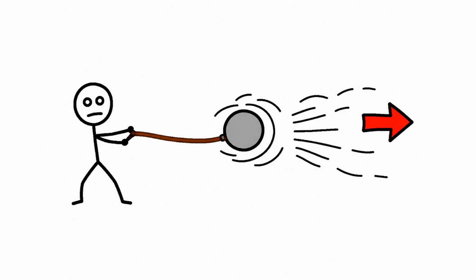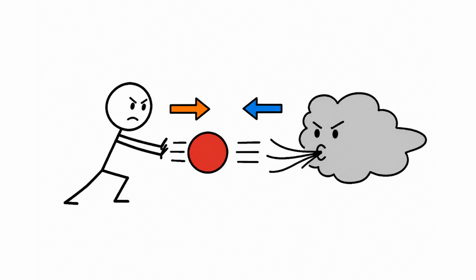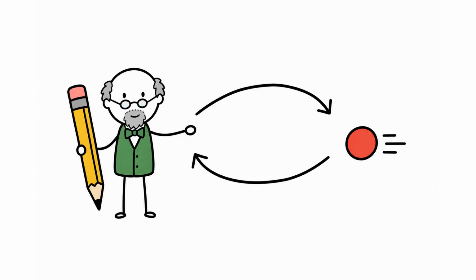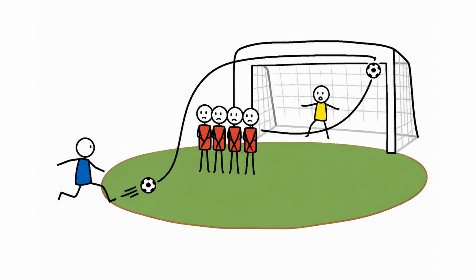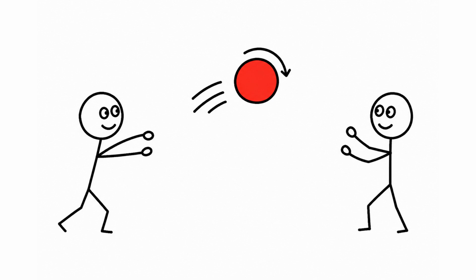So here is what I want you to carry with you. The next time you watch a free kick bend impossibly around a wall or a pitch dart sideways and fool a batter completely, you are not watching a clever ball. The ball is just a dumb sphere with a spin on it. You are watching something nobody in that stadium can actually see. You are watching the air itself, a real, invisible ocean, get grabbed by the spinning ball, dragged around and flung to one side, and in return, shoving the ball the other way.